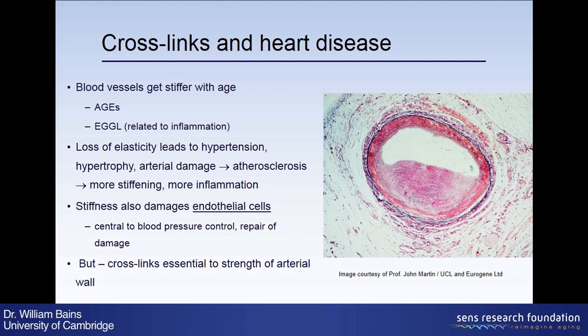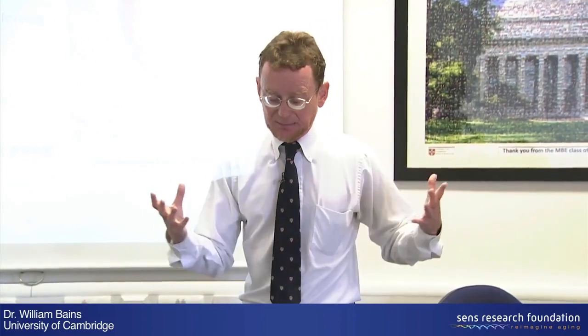This stiffness can also damage the endothelial cells that line the artery and are really important as signaling to the whole blood system how much pressure is in the artery, whether the arteries need to relax or contract. Damage them, then you get again into a vicious cycle of loss of control of blood pressure and more damage to the artery, and they can't repair themselves, so you end up with atherosclerosis and things. So, stiffness, really bad thing.